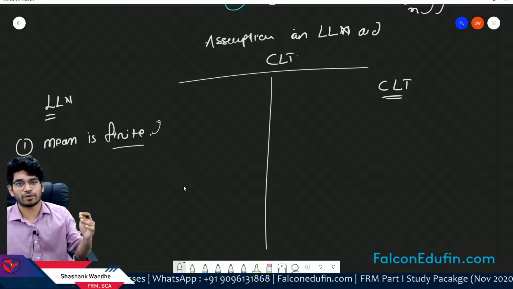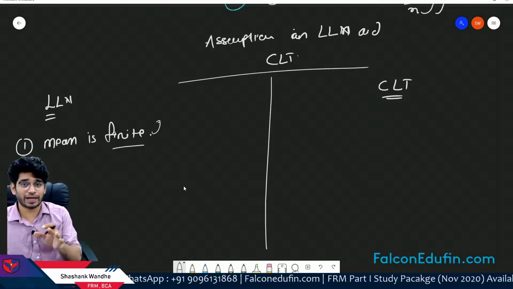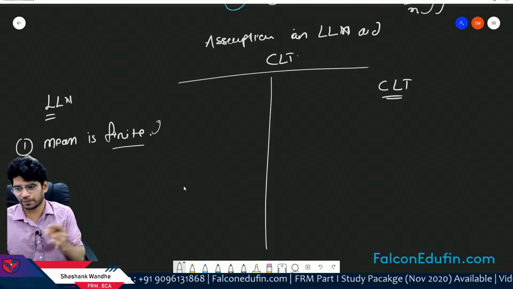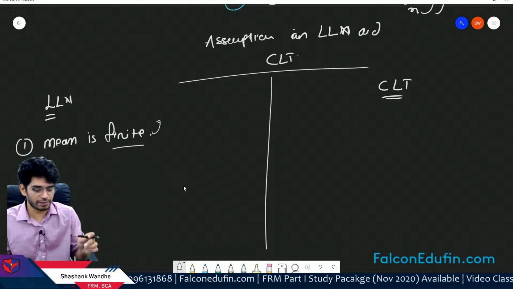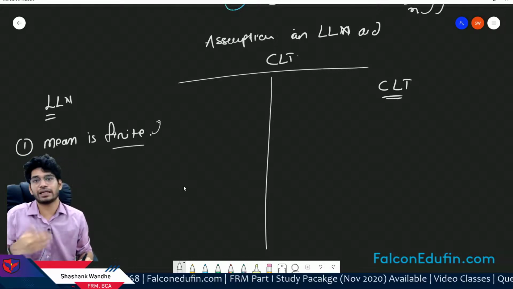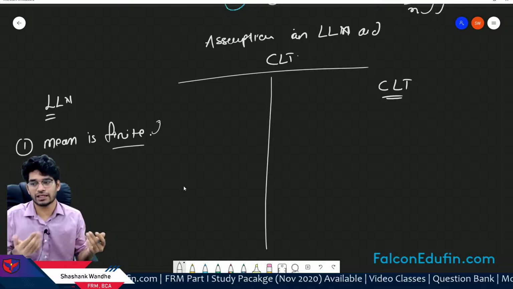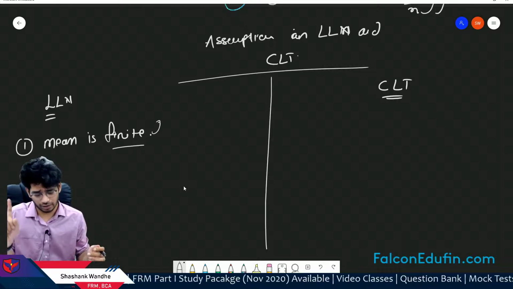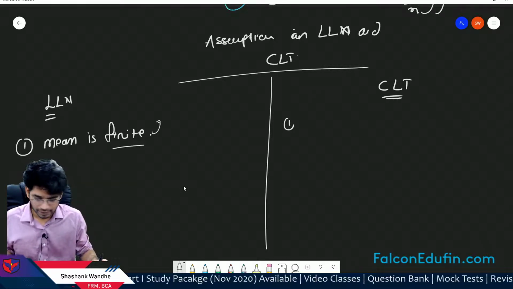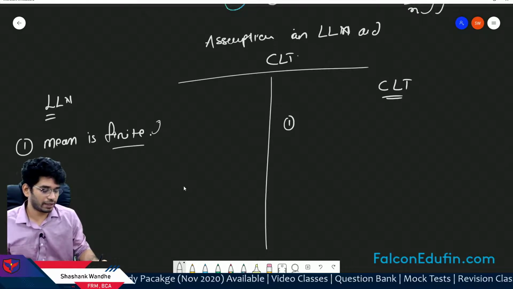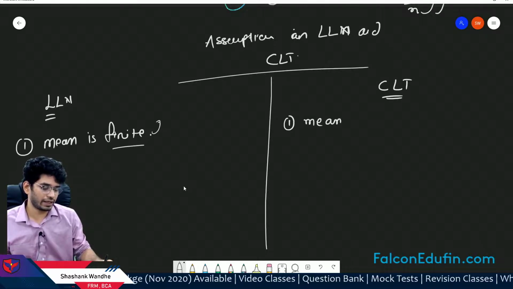So if you increase the sample size, then your mean will be accurate. That's why it is only concerned with the mean's finiteness. If the mean is infinite, then practically you cannot execute the calculation, right? So that's why "mean is finite" is the assumption of LLN. Remember this. The same assumption is applicable in CLT, that the mean is